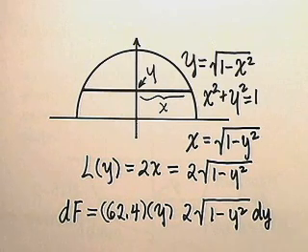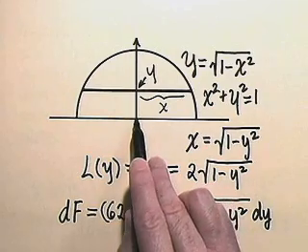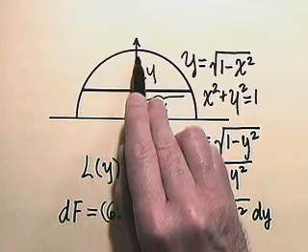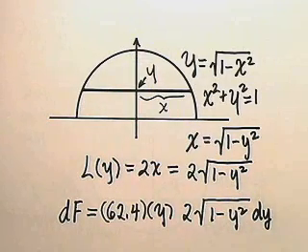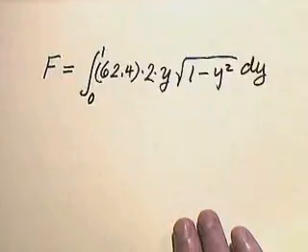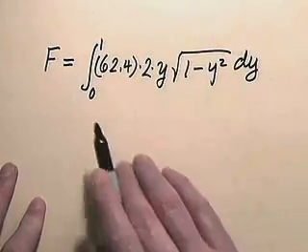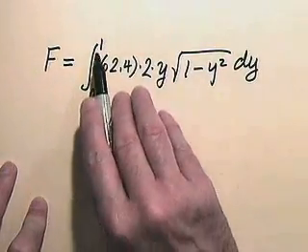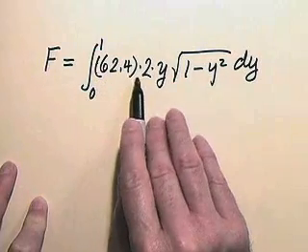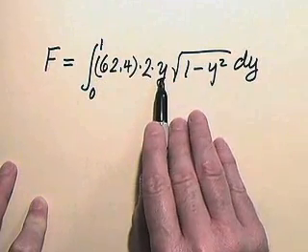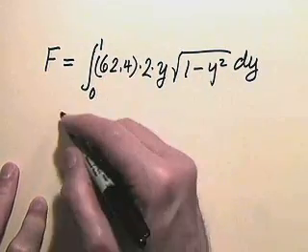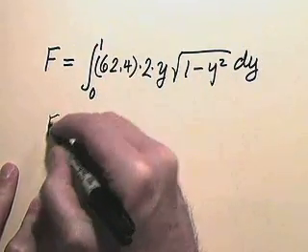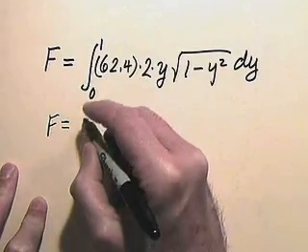Now, how far do we integrate? Well, we're going to be integrating from the surface all the way down to the radius of the plate, which is 1. So we're integrating y from 0 to 1. So that means our force integral is the integral from 0 to 1, 62.4, 2 times y square root 1 minus y squared dy. So we'll take out the constants. The force is therefore